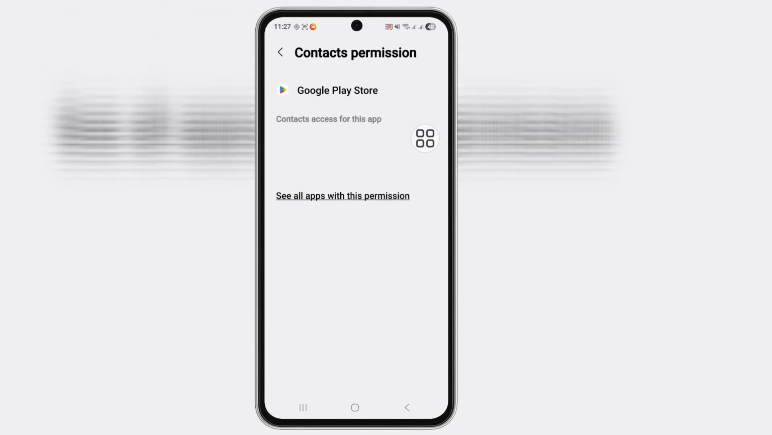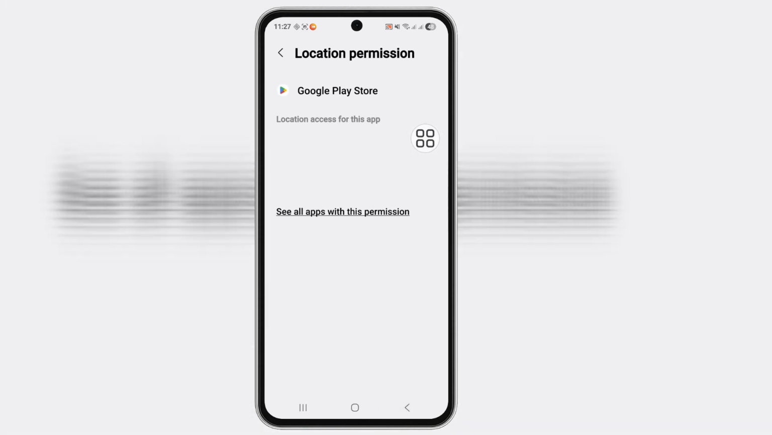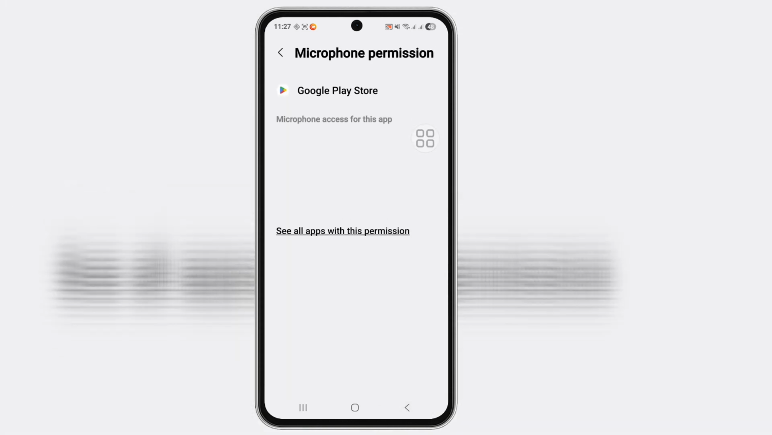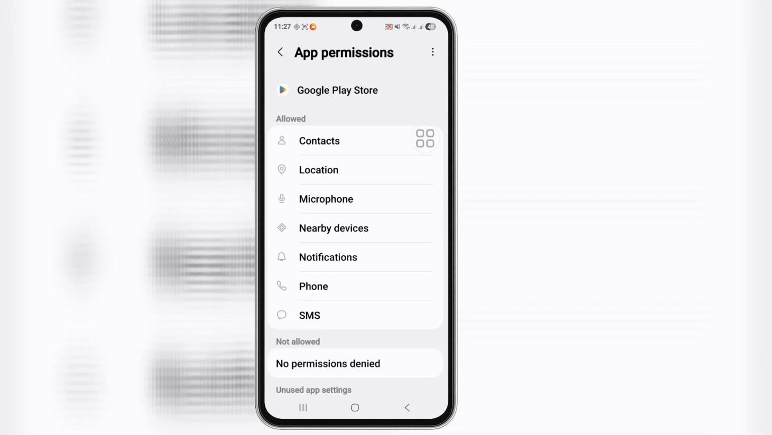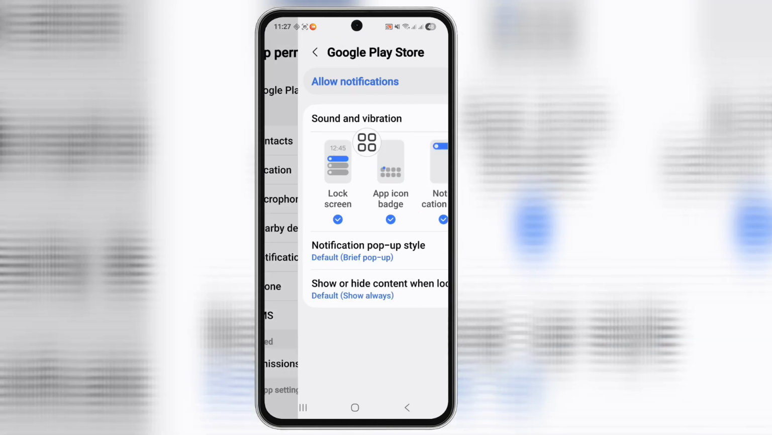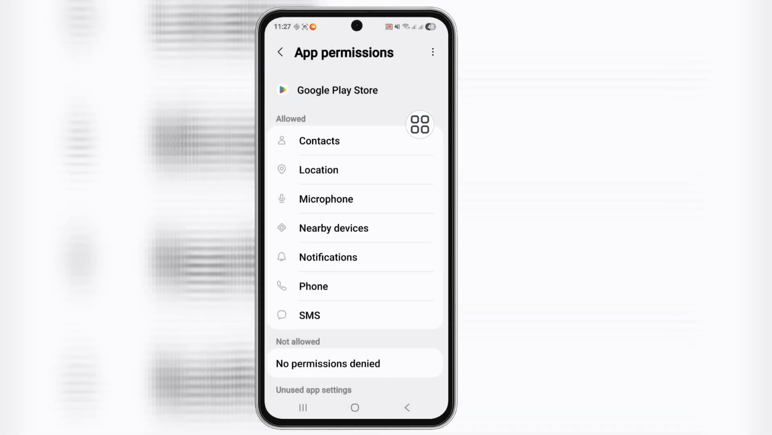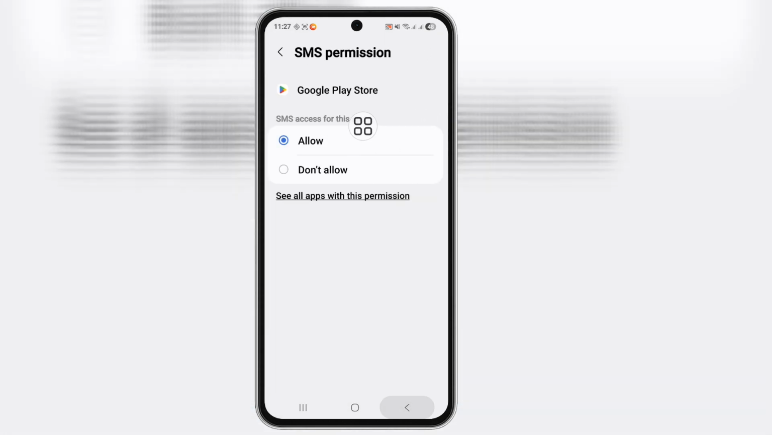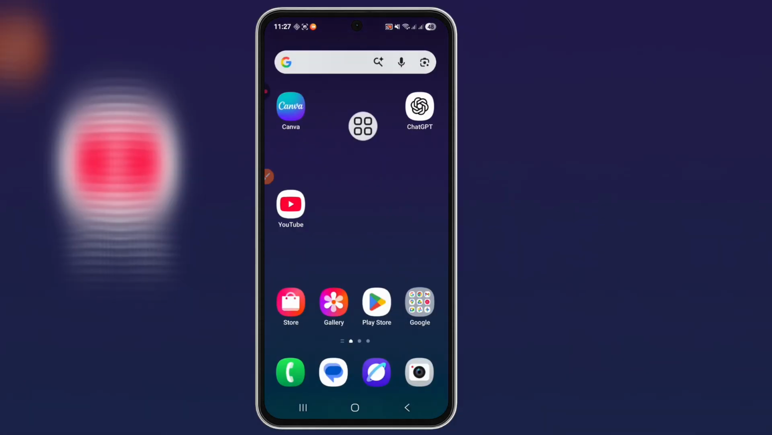Now click on the contacts, allow, location, allow, microphone, allow, nearby device, allow, notification, allow, phone, allow, SMS, allow. Okay, back. And second step,